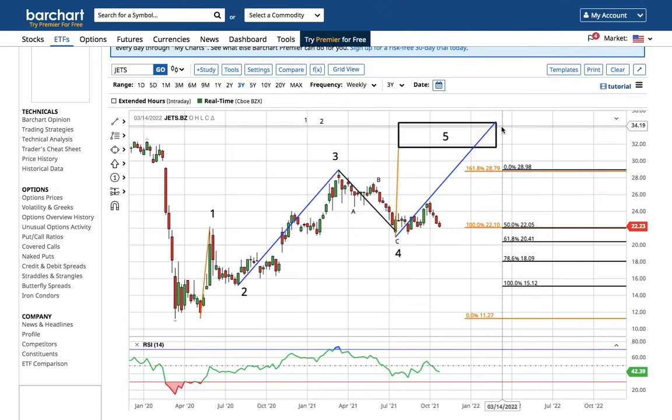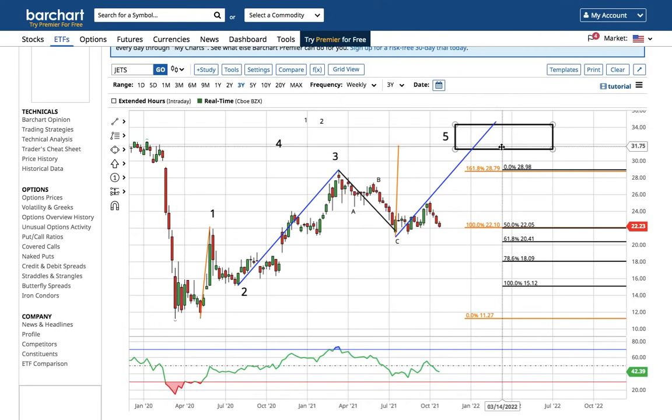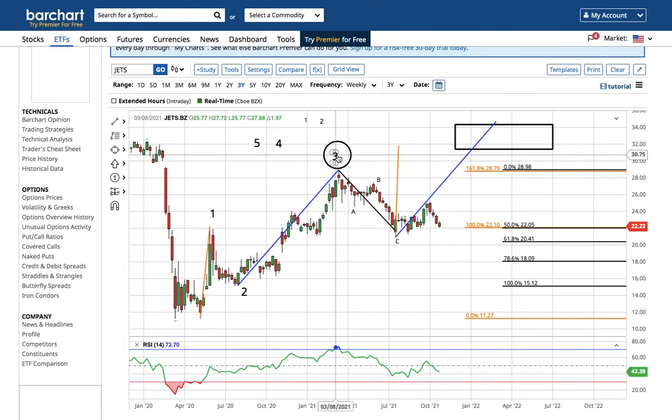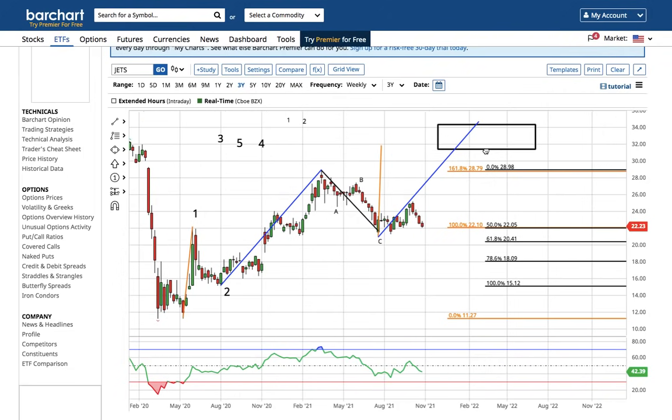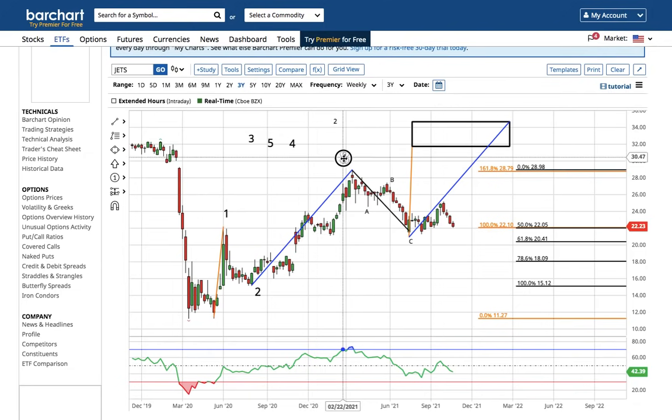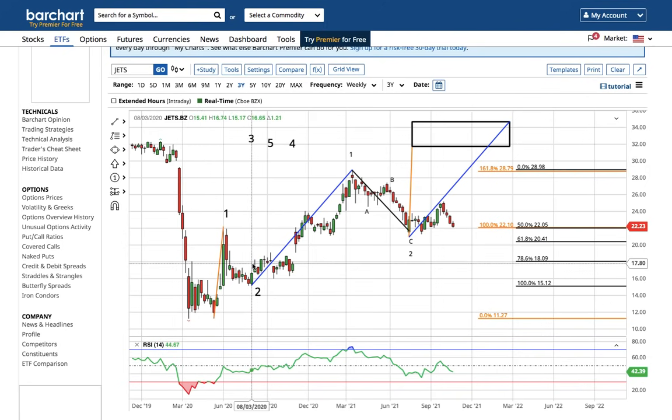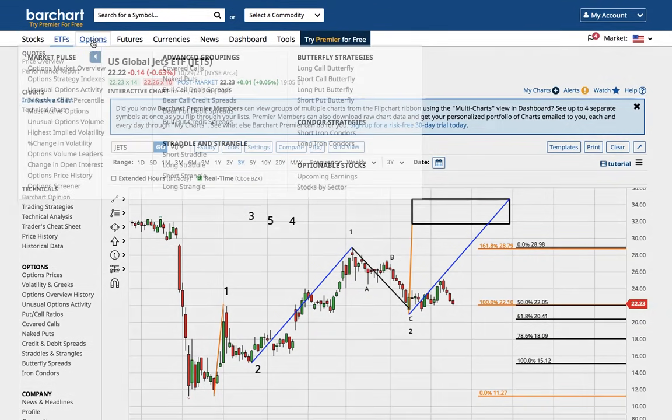But if the airline ETF JETS goes past 34, we'll have to talk about the more aggressive count. And I think right now, talking about the aggressive count is going to seem silly because sentiment for this sector is very low. But we do have to talk about it. If we go past 34, that's probably going to be the more accurate count: that this is a 1-2-1-2 Elliott wave nest. If we go past 34, we're not within wave 5. We're within wave 3 of wave 3, and it's going to be that long-term generational breakout. And either way, you're looking for 18 to 20 to not get broken. You're looking for another impulse to the upside. Here's why I think it's going to happen pretty quick.